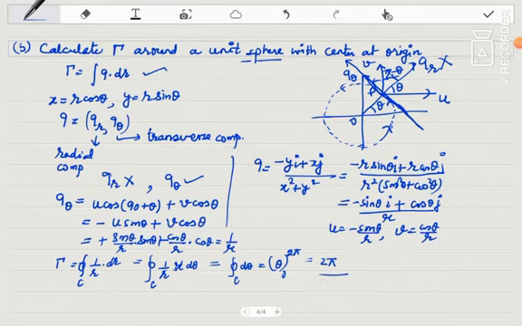This is the value of circulation, which again, by calculating curl of Q, we may calculate with the help of Stokes theorem. So this is something about the application, and after it you have to do all the related examples, solved and unsolved, from the book or the net, wherever you get. Thank you so much.